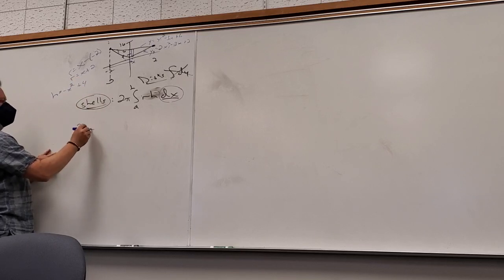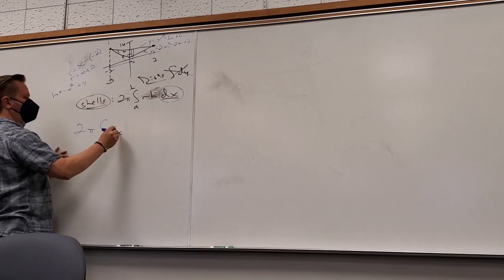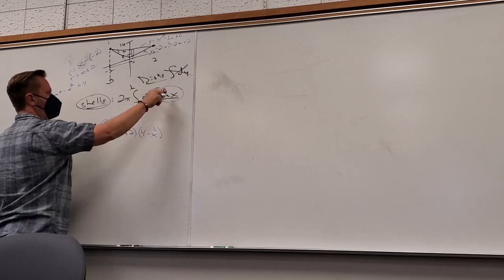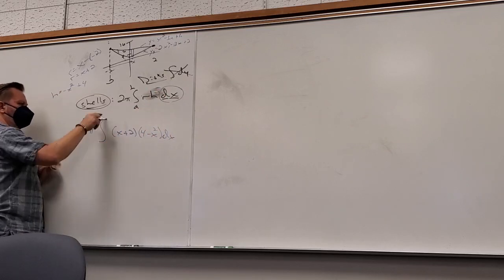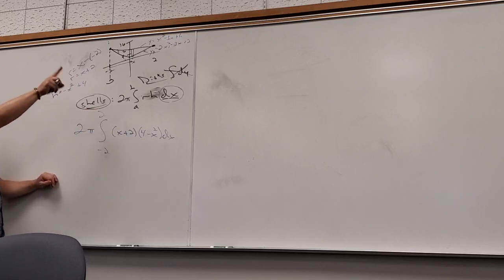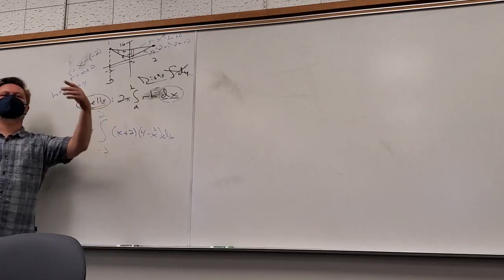So now I've got 2 pi integral, we're gonna worry about these in a second. Radius is x plus 2. Height is negative x squared plus 4, so I'm just gonna put 4 minus x squared. dx, and of course, what are these? Negative 2 to 2. Negative 2, because that's dependent on x, so it matters what x is. And of course, that's where I'm going. And now you just FOIL, you got polynomial,